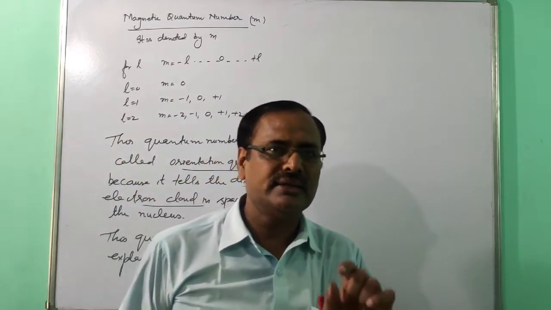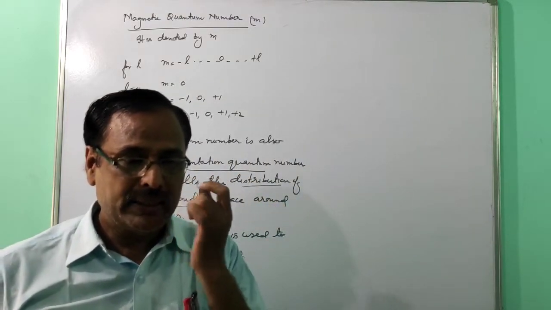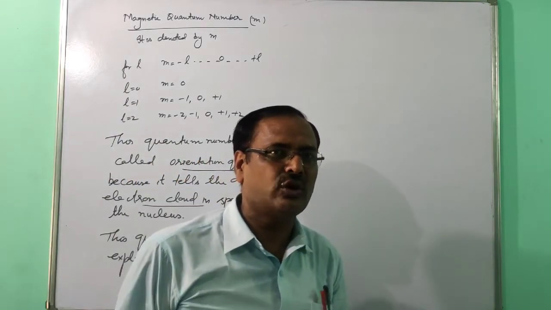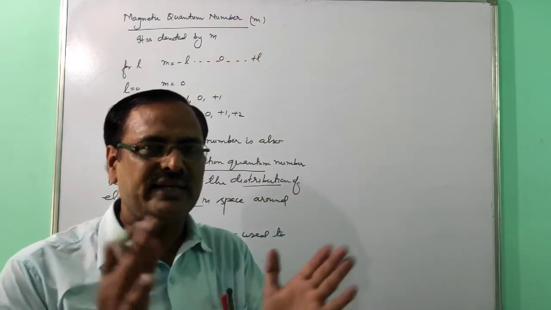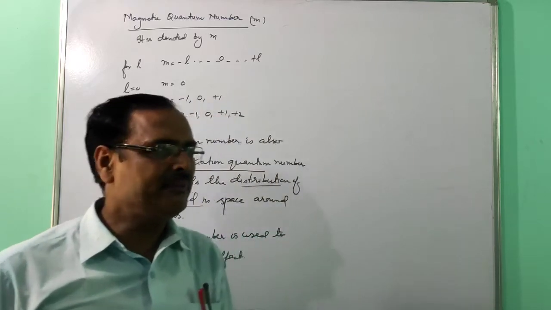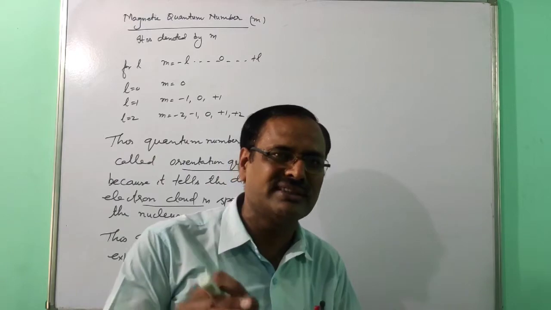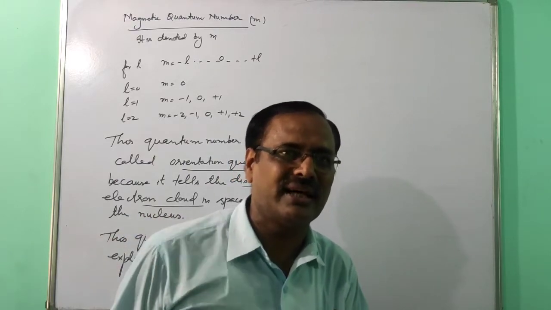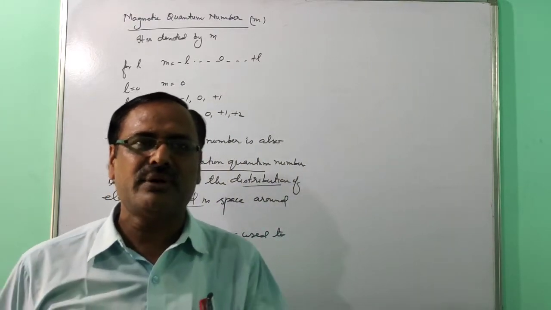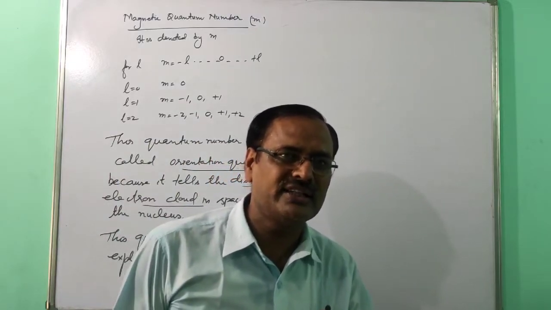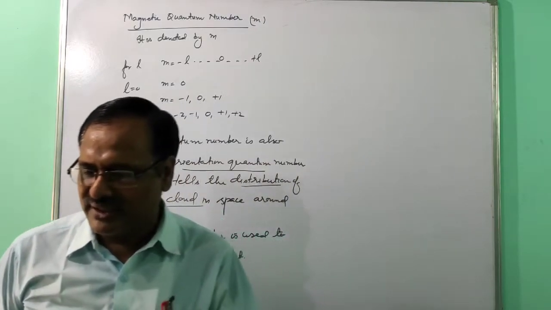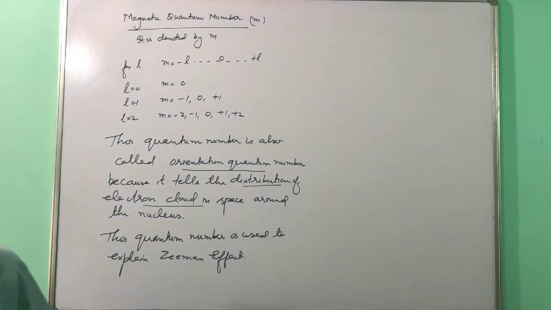It means that, as Niels Bohr told, one spectral line is obtained, but in that one line different spectral lines were there. That can be explained when the electrons are coming from different orbitals, because in one cell subcells and orbitals are there. So when the electrons come from different orbitals, different spectral lines will be obtained. By this way the Zeeman effect is explained.